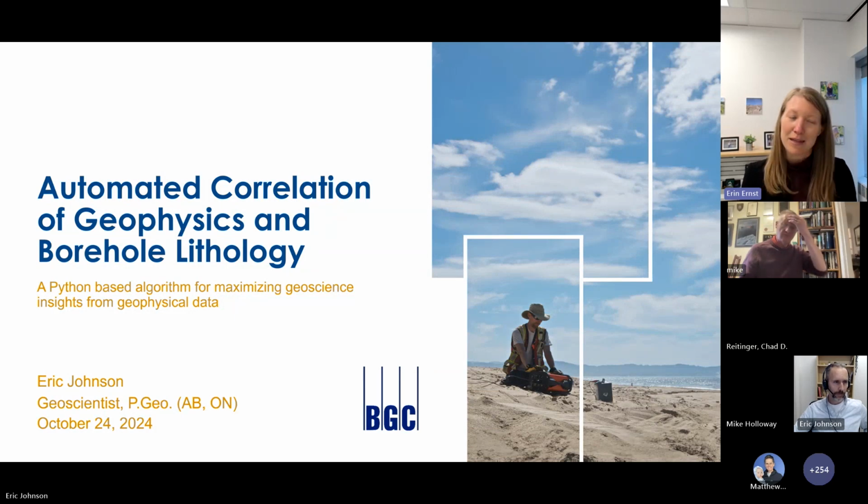This idea came, as many ideas do, from the feeling that there must be a better way to do this. So there must be a better way to get more value out of our geophysical data when we're making interpretations of geophysical data sets. There must be a better way to make these interpretations quantitative and representative of a given site. There must be a better way to gain a better understanding of how non-uniqueness is influencing our data set. There must be a better way to incorporate spatial trends into our interpretations.